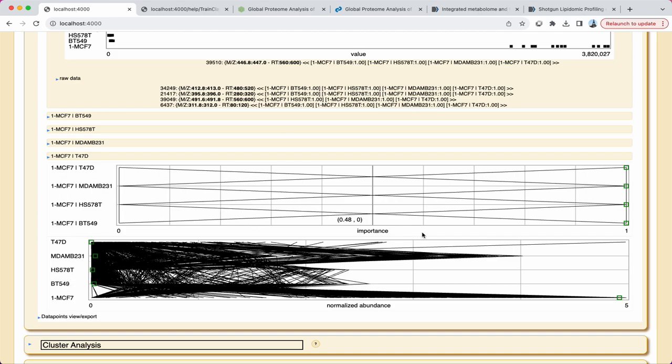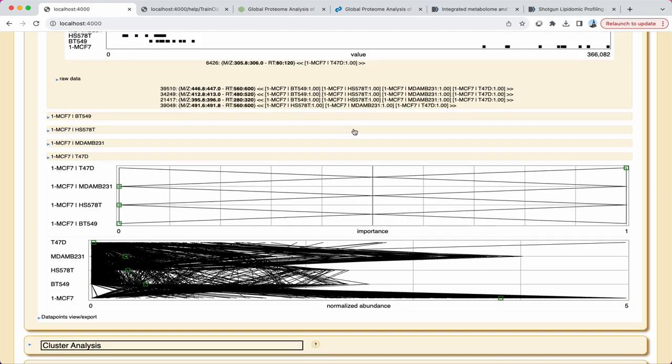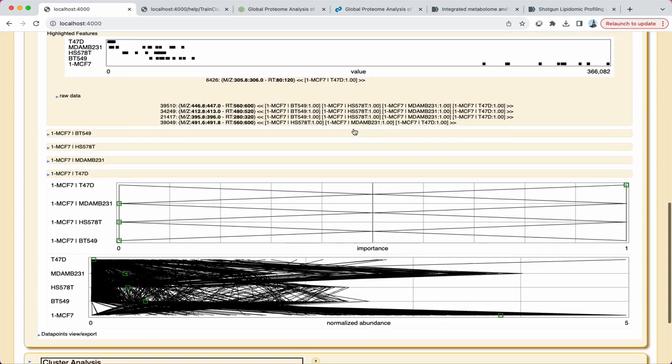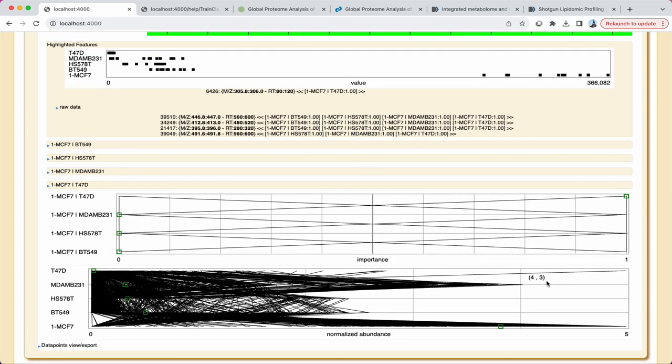The decision value or importance plot shows whether a single data point, highlighted in green, might be relevant for classification in one pairing or multiple pairings. Meanwhile, the average abundance plot shows trends for abundances across all categories, helping reveal patterns of expression.